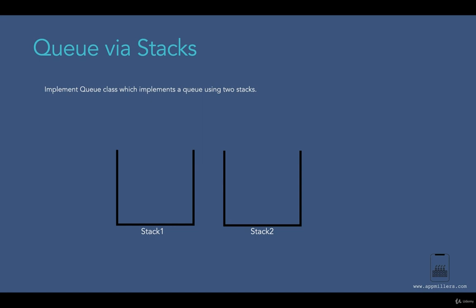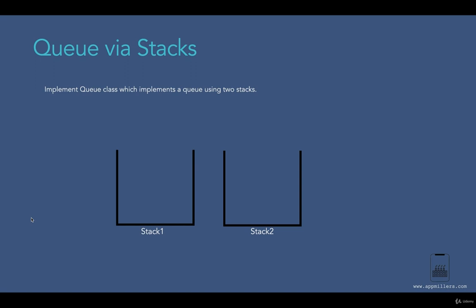Queue via stacks. So in this question, we need to implement a queue class, which implements a queue using two stacks. So we are given two stacks. We have to create a queue by using these two stacks over here. Now we know that the major difference between a queue and stack is the order of the elements, because we